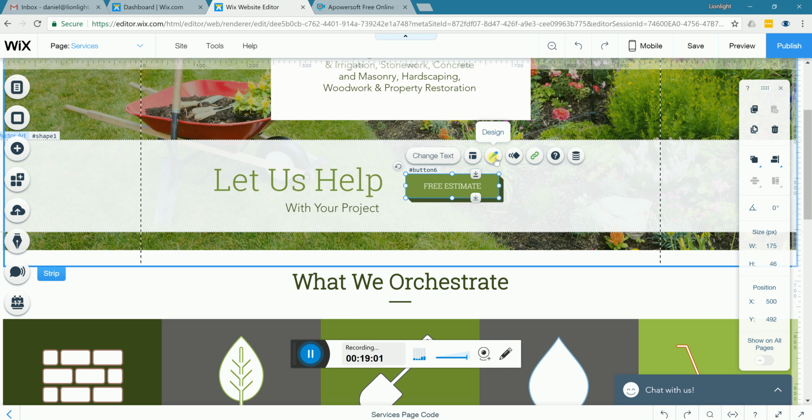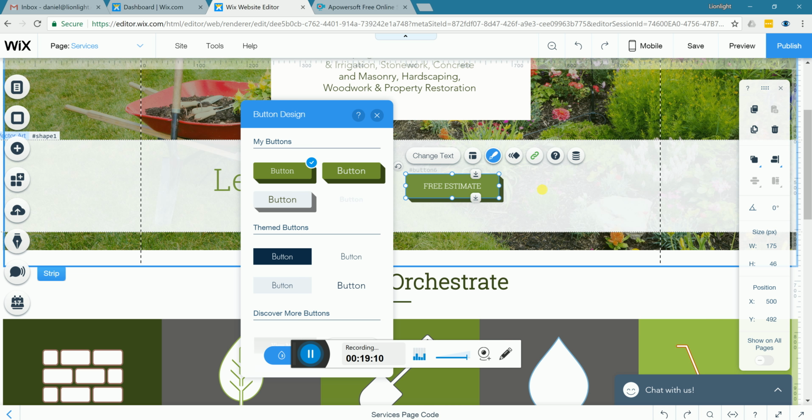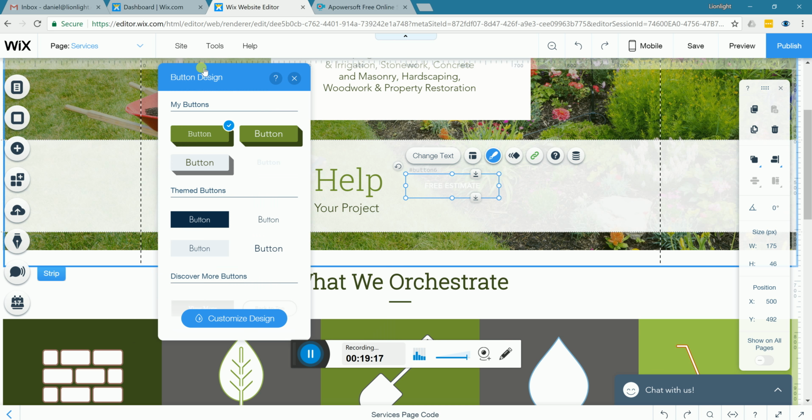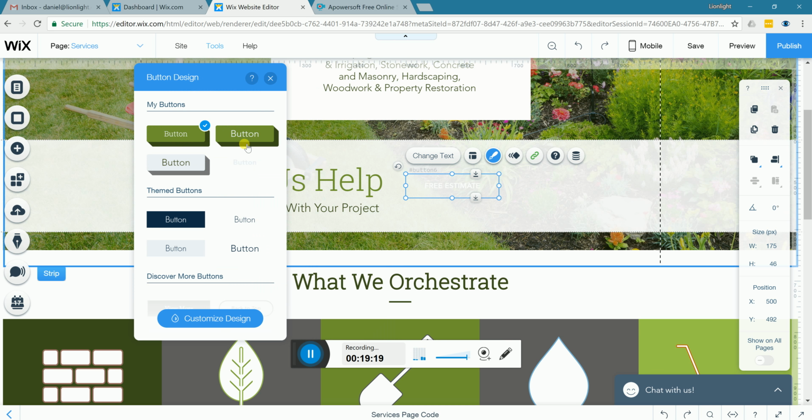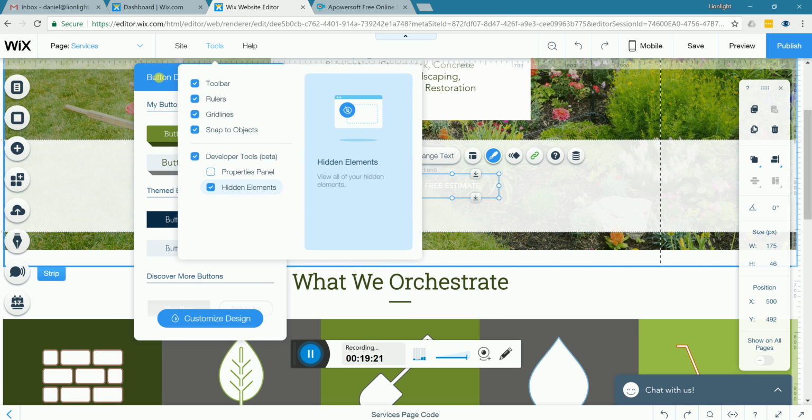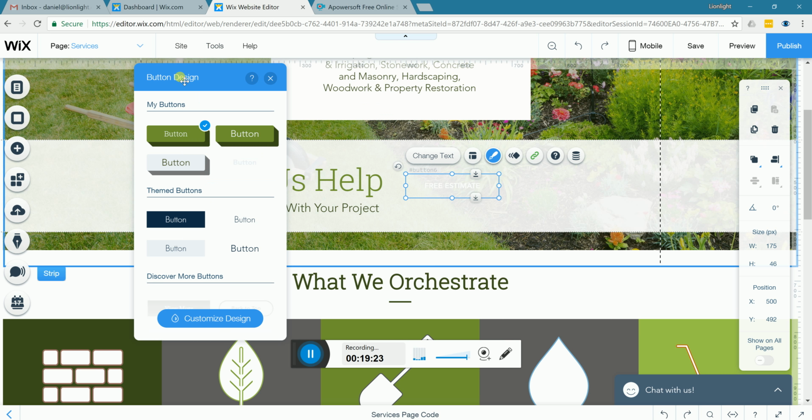So one here is just the design. You don't need to mess with this, but I'm just trying to give you a comprehensive video for review in case you decide, hey, I want to change these things up. So you can come here and you can select some of the buttons that, oh, come on. Sorry, my computer's being super slow. Some of the other buttons that I have made on your site, or you can check theme buttons,